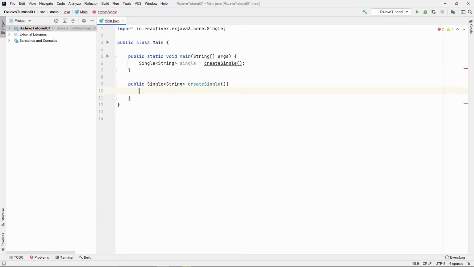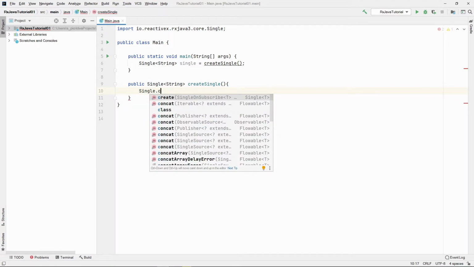And now, you may ask another question. What is a good scenario for using single? For example, what can be a real world example? Actually, I think that a response from some request is a good example of that. So basically, when you send some request to the API, some service, you expect one and only one response. And when there is no response, you can treat it as an error, of course. So let's create our single